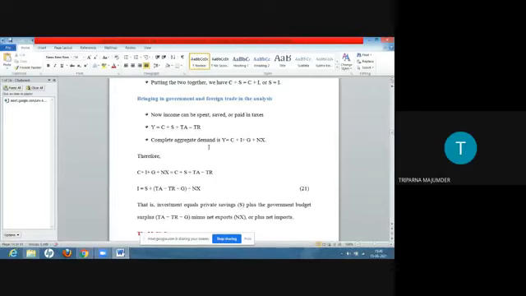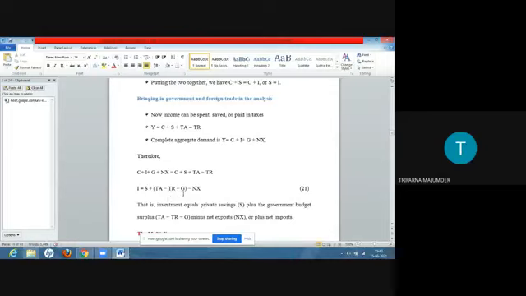Complete aggregate demand will then become C plus I plus G plus NX. Therefore, C plus I plus G plus NX is equal to C plus S plus TA minus TR. Therefore, rearranging, we get investment is equal to savings plus TA minus TR minus G, which in a loose way